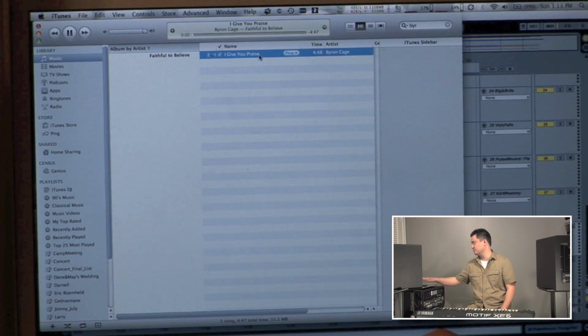When I first start off learning the song or creating the backing track, I usually have to learn the song first. It's just like learning the piano part to another song, but you have to learn a lot more. So I'll start off playing the track in iTunes or something just to play the song, and then I have my DAW open, Cubase or Ableton Live. In this case, I've got Ableton Live open here. I'll have it side by side, and I'll go section by section through the whole song. So here's a